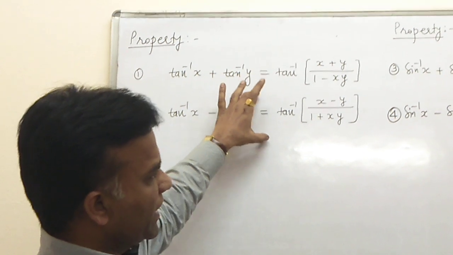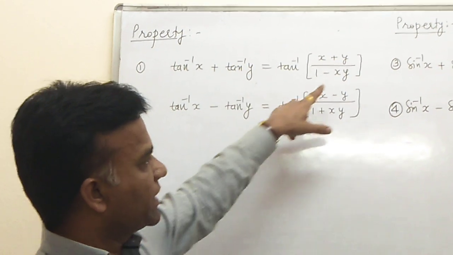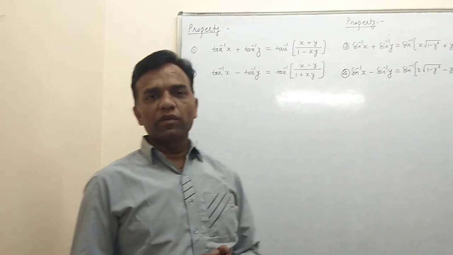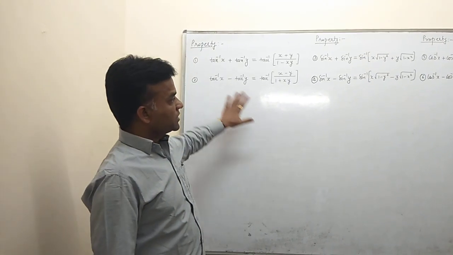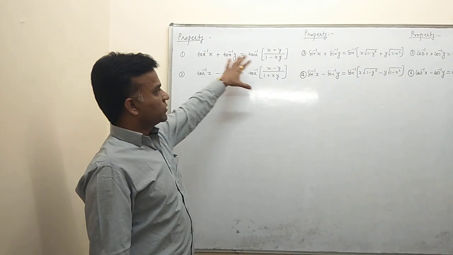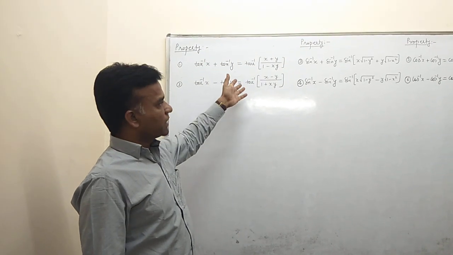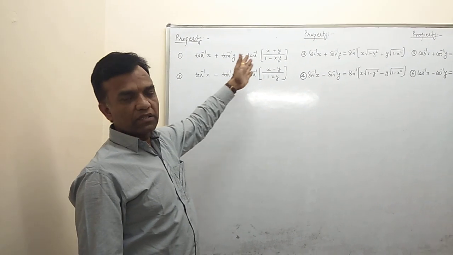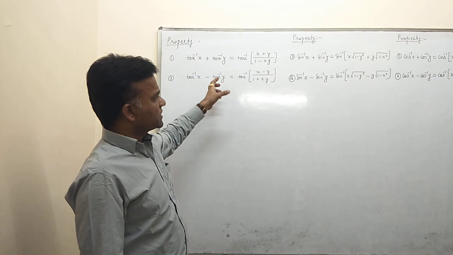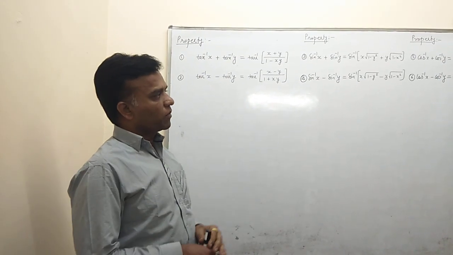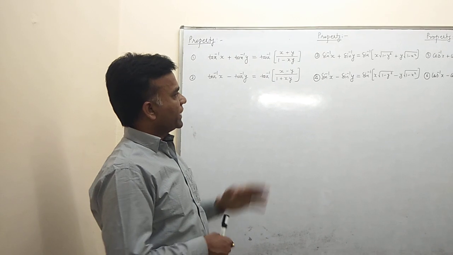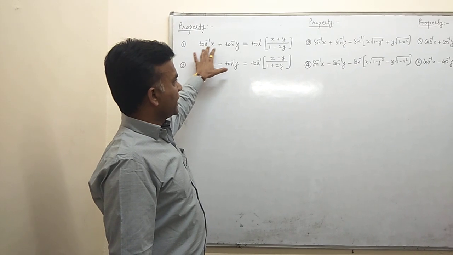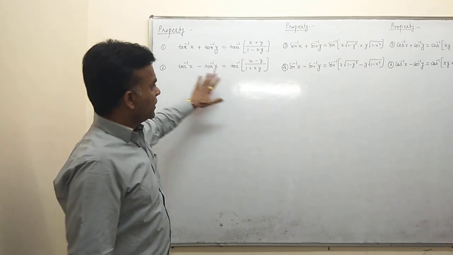So you may derive many types of cases: xy equal to 0, xy less than 1, xy greater than 1. There are three cases that may be applied here, but in this formula we only have to show this equal to this one and this equal to this one. After this we start the cases, because the conditions on x and y are given differently. So first we prove this formula, and then we see how many cases are formed by it. First we prove tan inverse x plus tan inverse y equals tan inverse of this value, and similarly this.